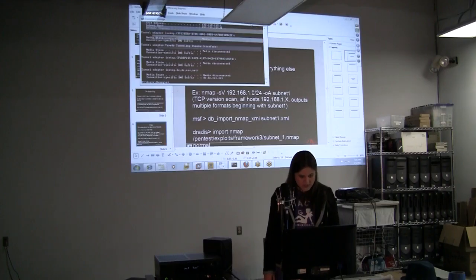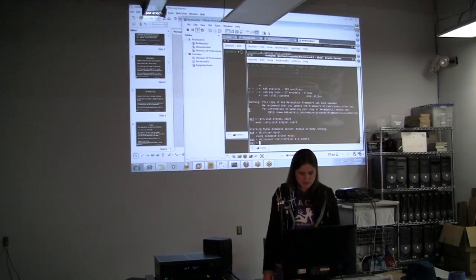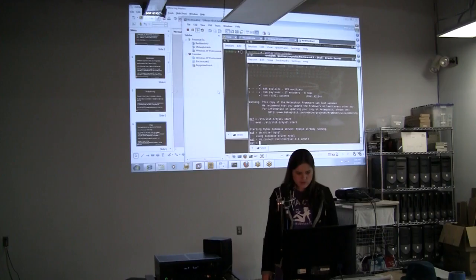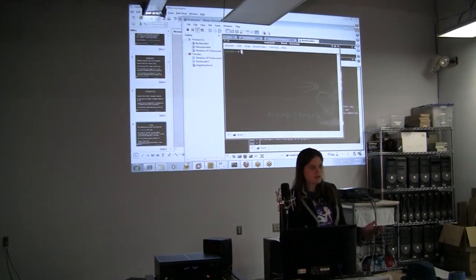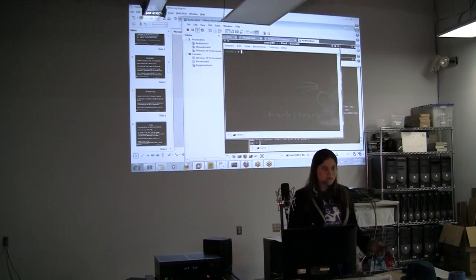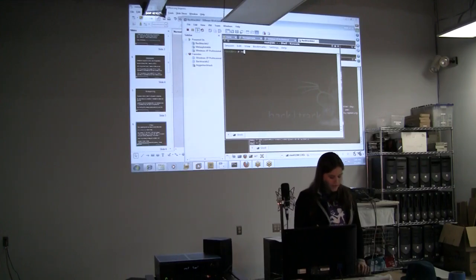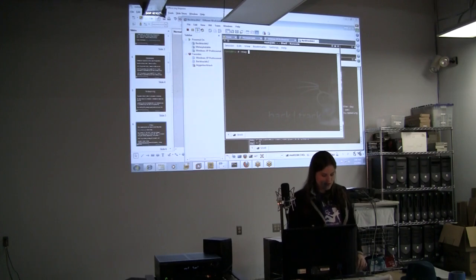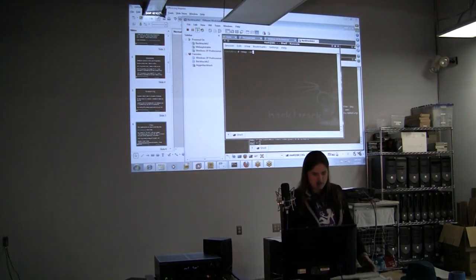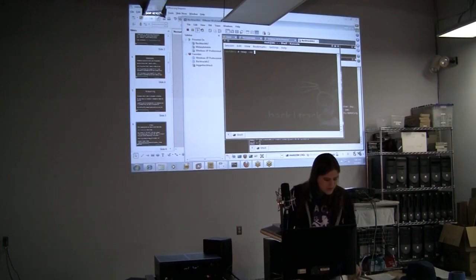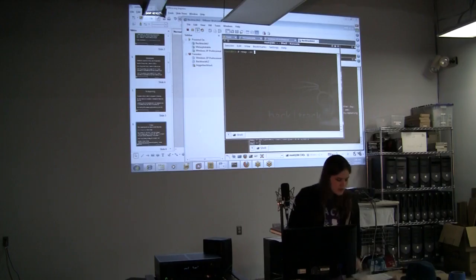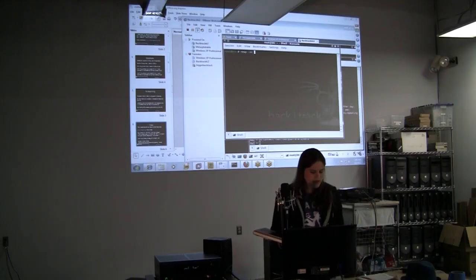Not Windows. BackTrack. So we're back in BackTrack. We can do this inside of the framework, but let's not, just because we don't have to. So we're just anywhere. I'm in my root directory. It's good to remember where it is. If you're going to import it, you're going to have to find it again. So I just say nmap, and then again -sV for our TCP version scan. Tell it our IPs. I have my IP addresses somewhere. Here we go. So our two victims are Windows XP Service Pack 2 and our Metasploitable VM,